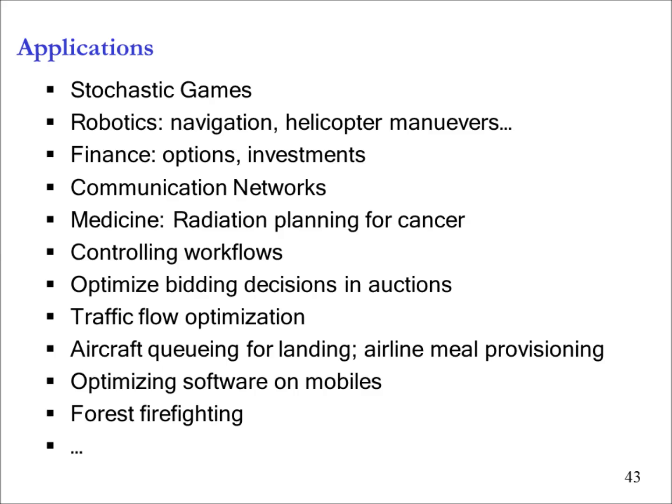UW has a very interesting application for this. There's an industrial engineering professor, Acyclic. He has been working on radiation planning for cancer. And the idea is that if you send the radiation in this direction, it will kill more of the cancer cell, but it may also kill some good tissue. And based on where you radiated, the tissue will respond and the organs will respond in a certain way. So you have probability distribution over the future, and you have to make long-term planning of which direction and how much intensity you use for your radiation. You use Markov decision processes for that.